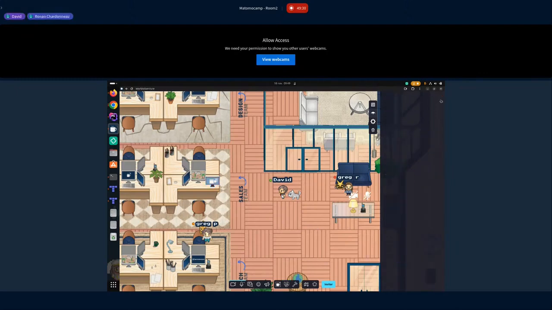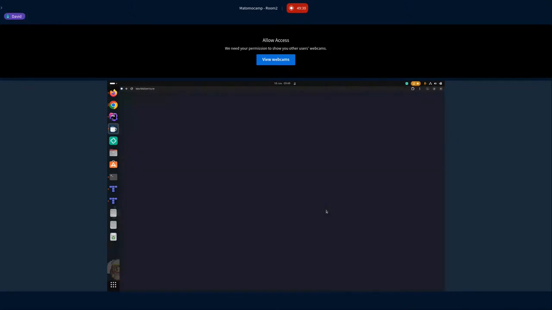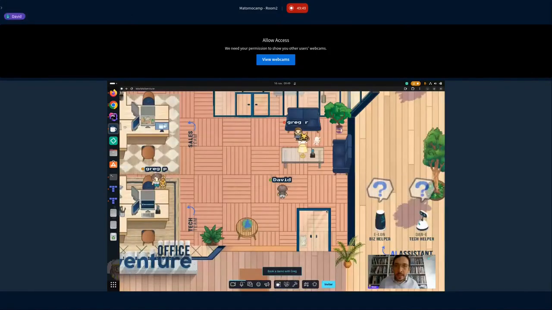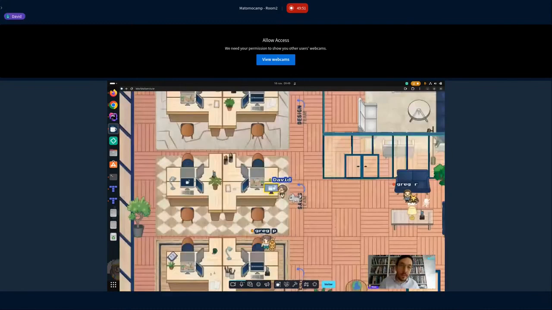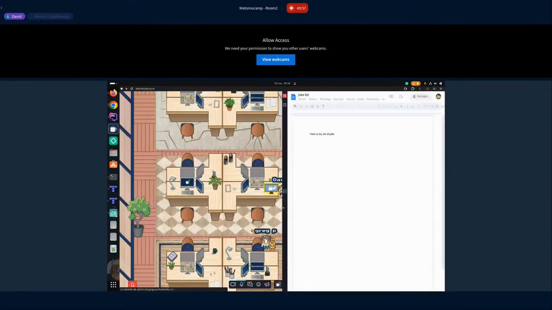Okay, let me try this, and I hope it will work. So if I move next to the computer, wait, I need to reload the page. I think it's okay. So now you see it's getting yellow, and I can do see job list and Shazam.